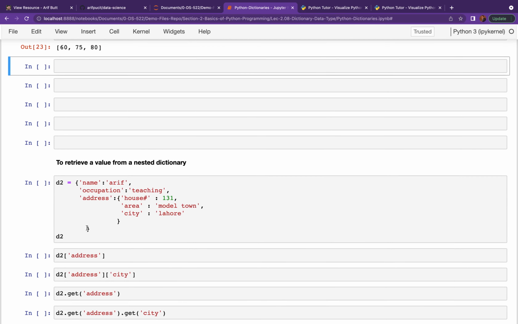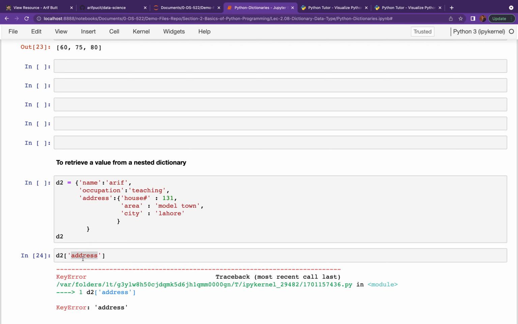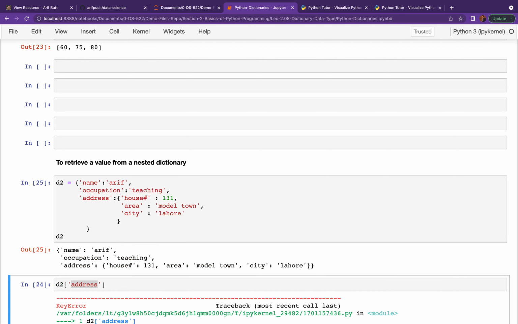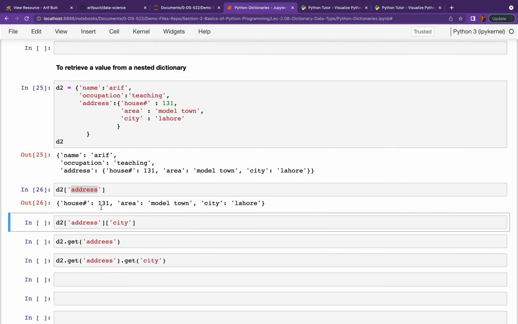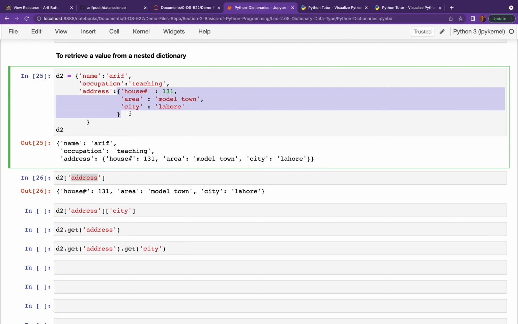Okay, in case of a nested dictionary, you can retrieve the values. For example, I can use the straight brackets and pass the address. Okay, so I have not executed this. So this has given us the value corresponding to the key address. And if I want to get the value corresponding to this key again, for example, the key address, and within this we have the key area, so I need to pass this area again.